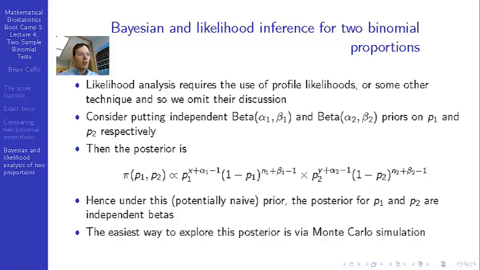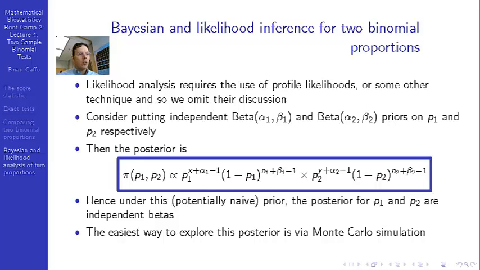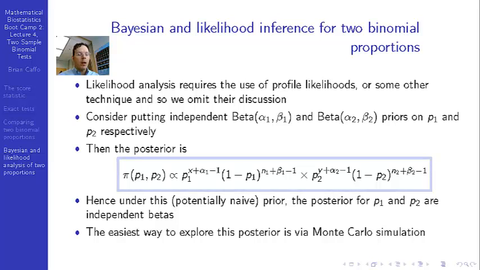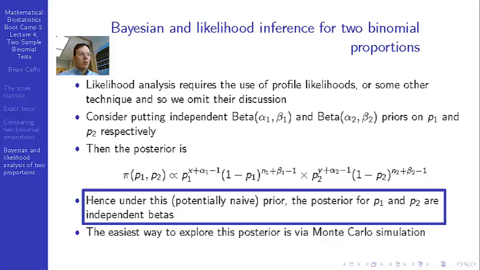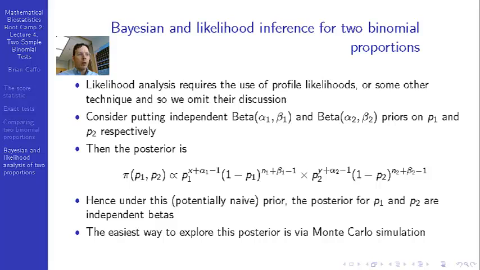So if we multiply all those together, we get this formula right here, which exactly shows that if we have two independent binomials and we multiply them by two independent betas, we wind up with a pair of independent beta posteriors, one beta posterior for P1, one beta posterior for P2, where now the alpha parameter is no longer alpha 1 but alpha 1 plus x1 for P1, and the beta parameter for P1 is n1 plus beta 1. The alpha parameter for P2 is y plus alpha 2, and the beta parameter for P2 is